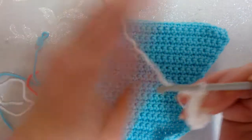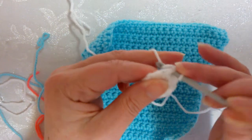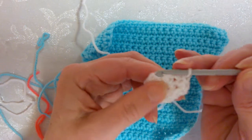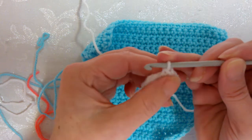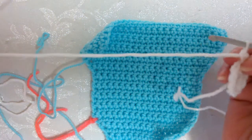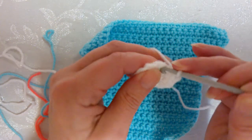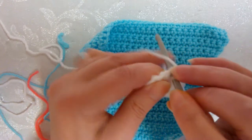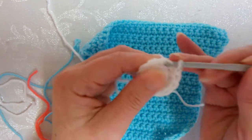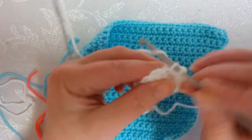Okay. Now we're going to chain 1 and we're going to work 1 single crochet in the same space, 1 single crochet in the next, and then, oh no, I'm fibbing, 1 single crochet in the first space and 2 single crochet in the next, all the way around. So that's 1, 2, 3, 4, 5, 6, 7, 8, 9, 10,